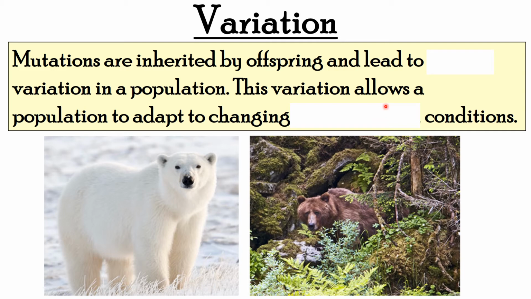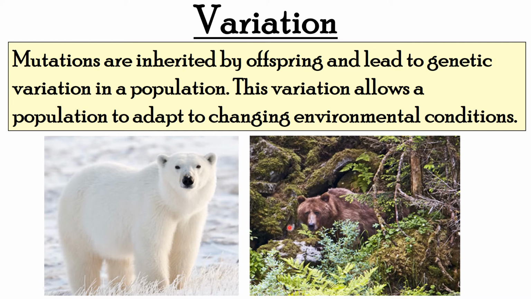If your genetics are passed on to your offspring, then mutations as well are inherited by offspring, and they mean that you have genetic variation. And if you've got variation, then it means that the population is able to adapt to changing environmental conditions. So the polar bear example here, you have got polar bears who